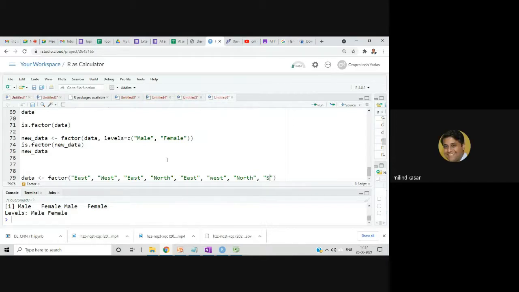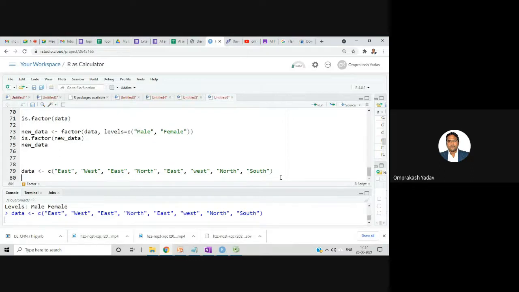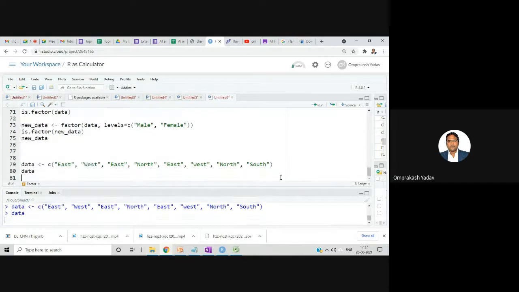Sir, we should use c, right? Not factor. Yeah, sorry, we have to use c. So I'm giving this particular data, south. This is my data. Now try to convert it into factor data.